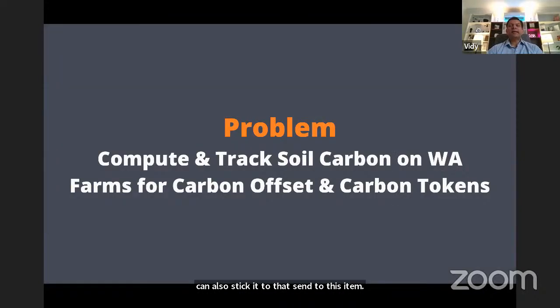So there are quite a few things that we are doing in this project. One is building the whole software infrastructure where all the details about the farms are added, and all the information about the different sampling mechanisms that are used. So there is a software element which captures the information.